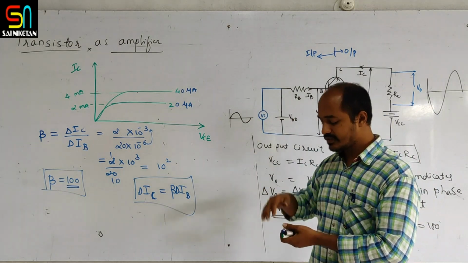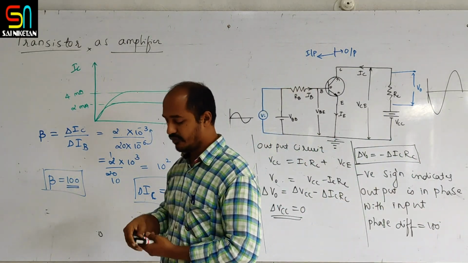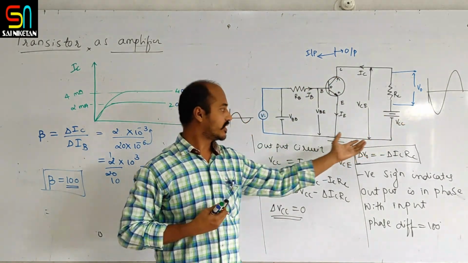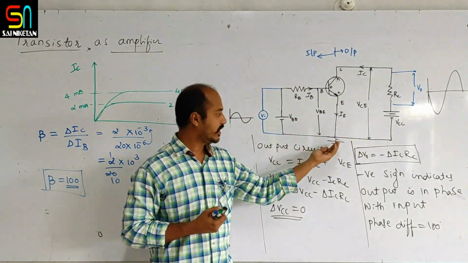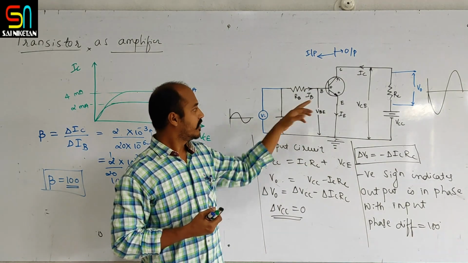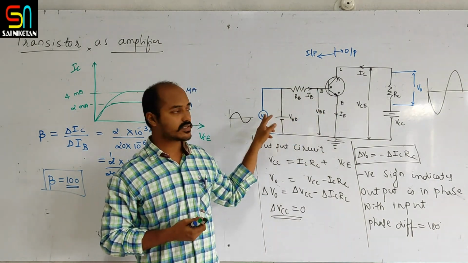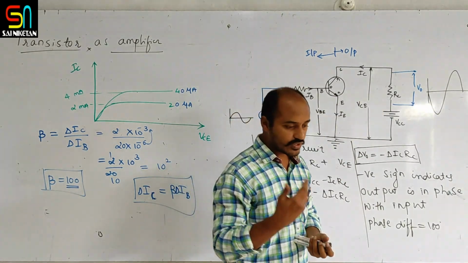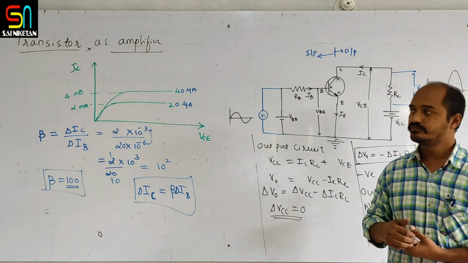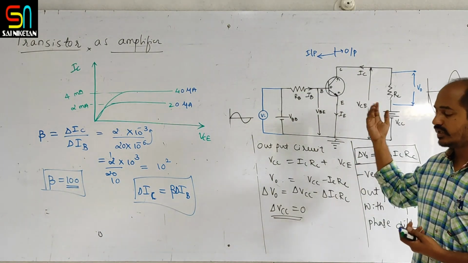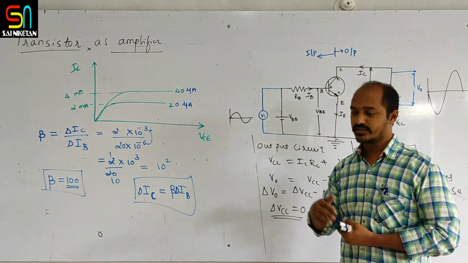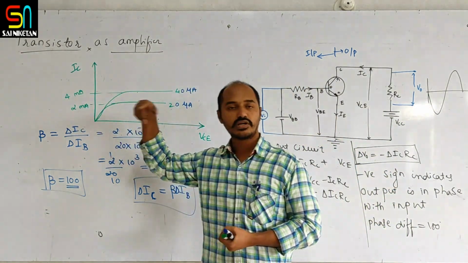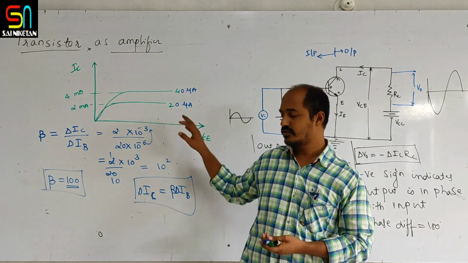So today's class is regarding the transistor amplifier, transistor as amplifier. This is the figure for the construction. The circuit diagram is: first draw the input diagram making the base emitter junction forward biased and the collector emitter junction reverse biased, and first write the construction, then explain how the amplification is taking place. To explain the amplification, you have to remember this figure we have studied in the previous classes.